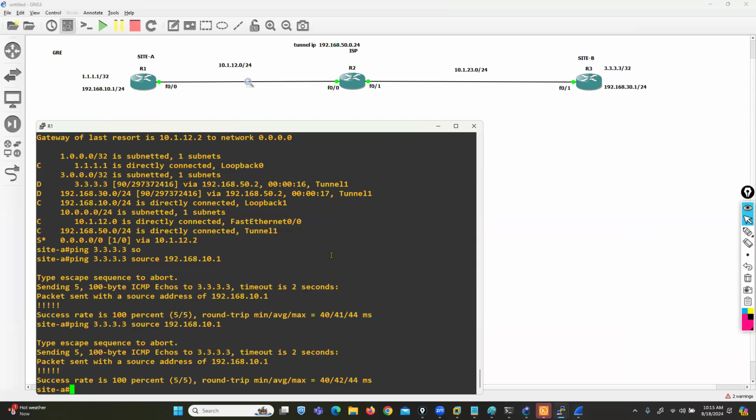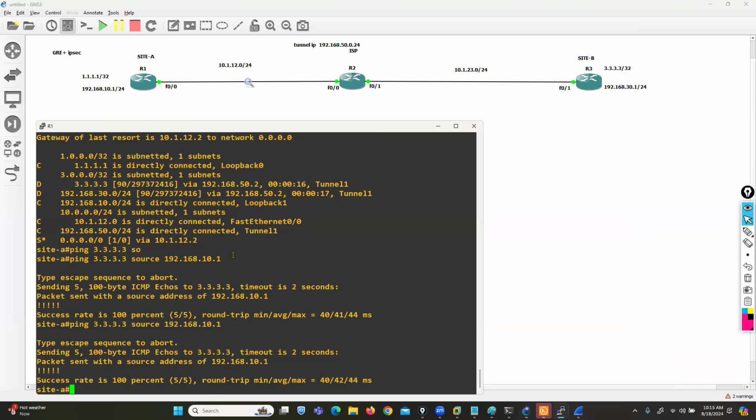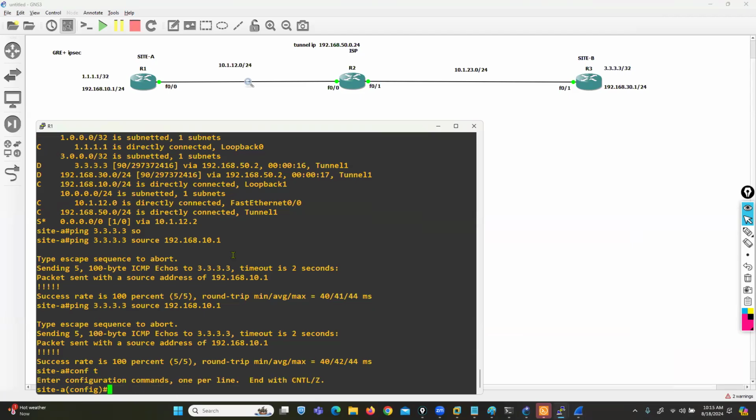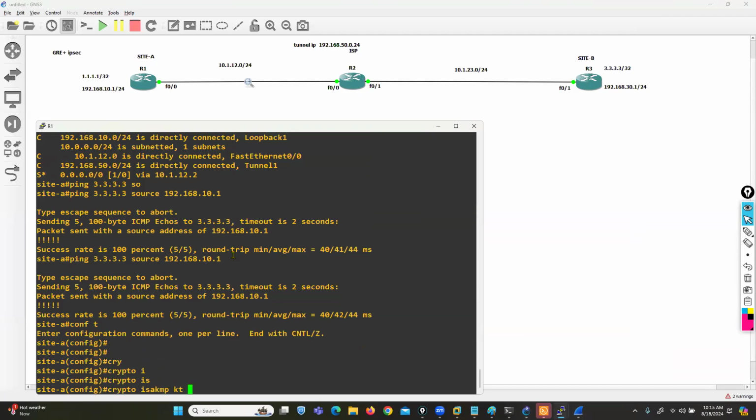That's why we are trying to add IPsec with GRE. We are going with GRE with IPsec. How to configure IPsec? Let's create the IPsec config. It's the same steps. Crypto isakmp key,